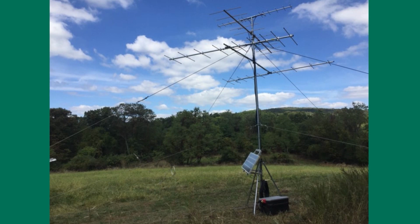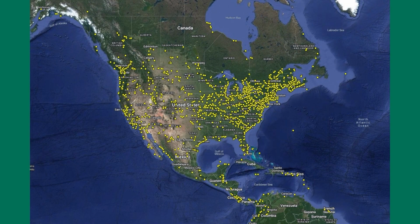Fish and Wildlife Service. They're doing the project, but the nanotag work, a lot of it comes through a program called MOTUS, the Motus Wildlife Tracking System. And basically what it is, a series of towers that are deployed all across North America, as well as the rest of the world. And you can see here all of these little yellow dots are towers that are set